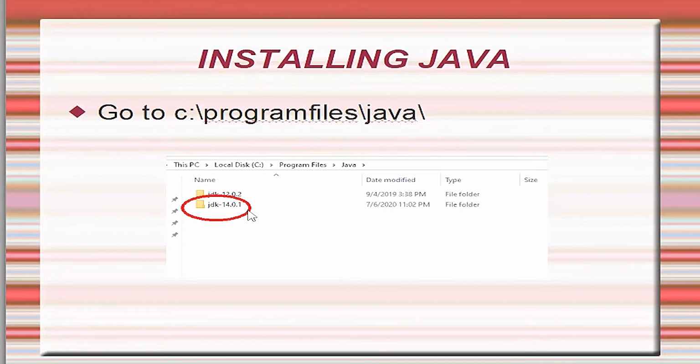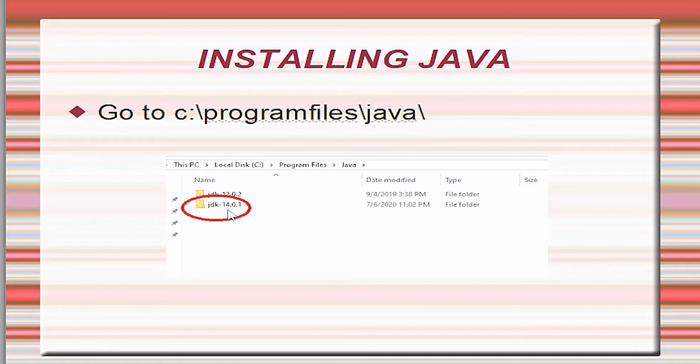Here we have a folder like JDK 14.0.1. This shows that Java was installed properly into our machine. So now we have completed the downloading and the installing process.